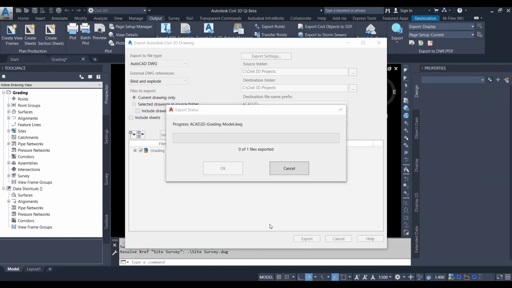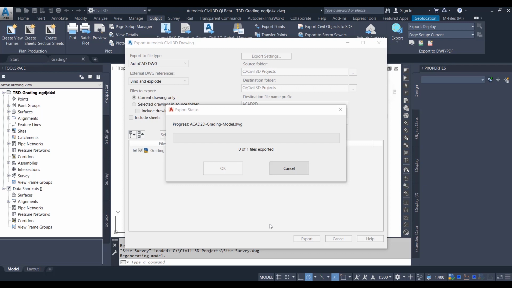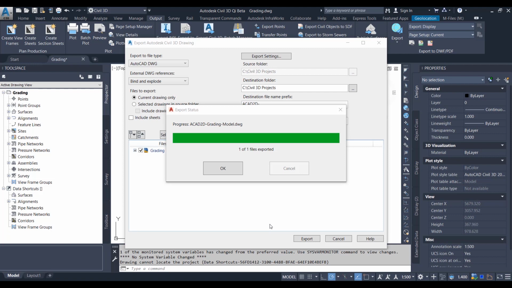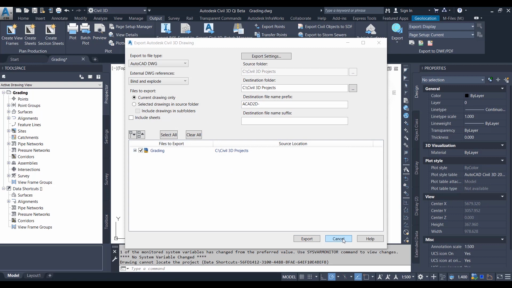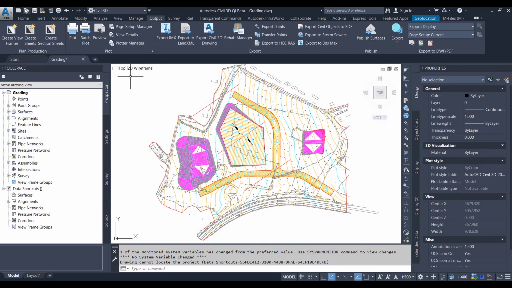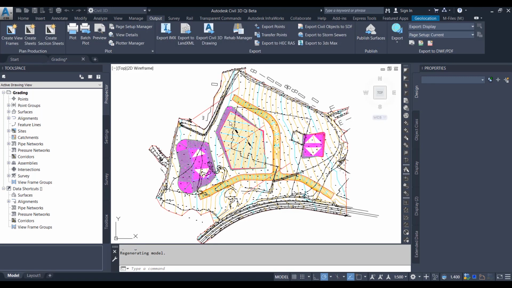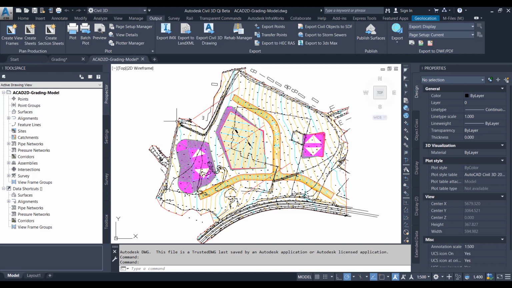Let's click on export. Another thing that has been improved, we no longer get proxy state messages during the export process. That's something that happened in previous versions as well. So it has finished. Let's open the exported drawing. Okay, we'll have a look